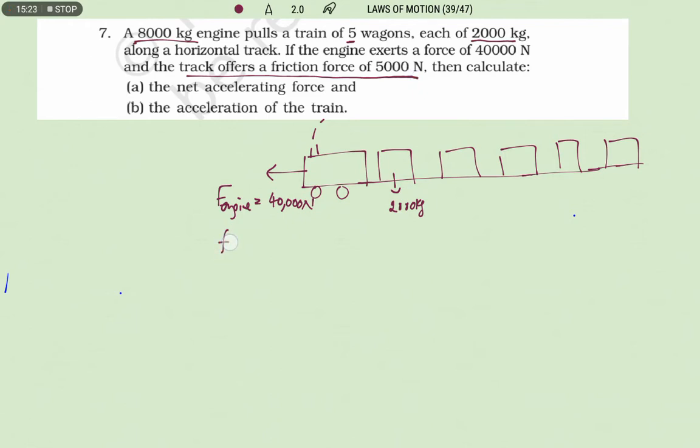So how much frictional force is offered? The frictional force offered is 5,000 newtons. Then calculate the net accelerating force and the acceleration of the train. So net acceleration they are asking. So when you are calculating the net acceleration,